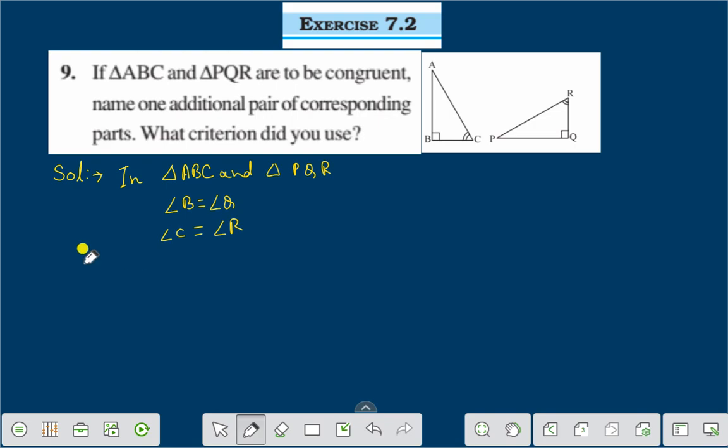And if we take one additional pair of corresponding parts,